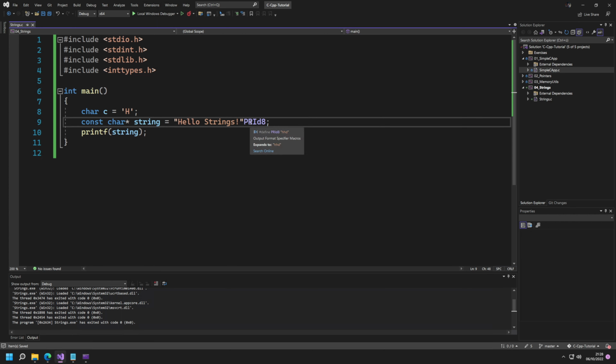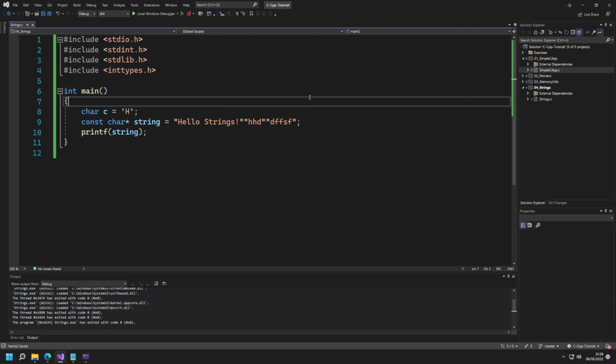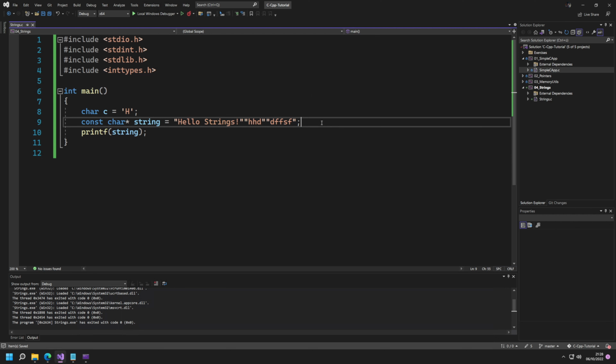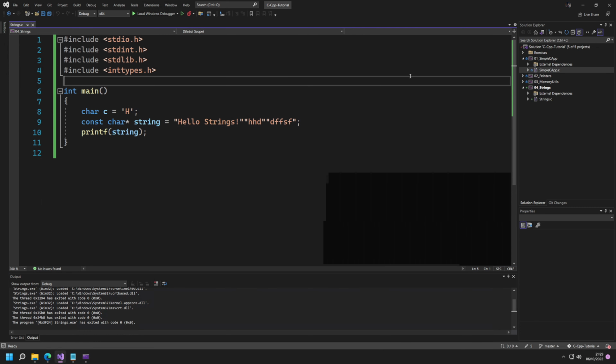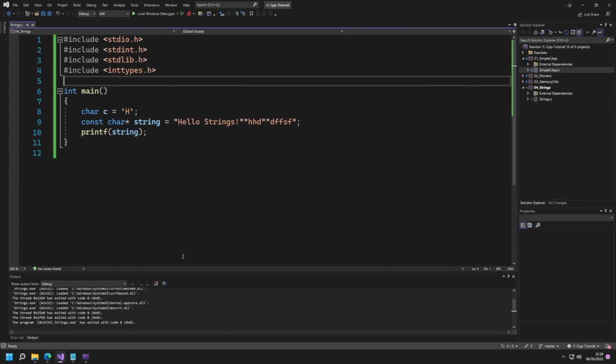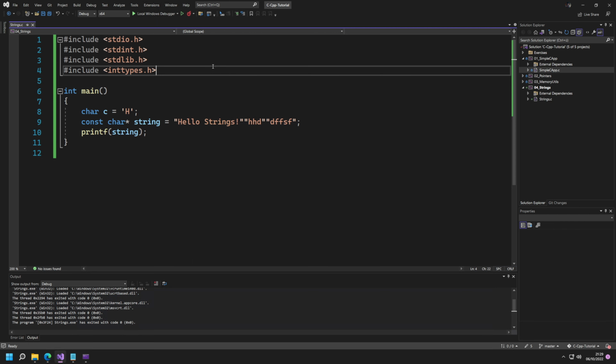So this pre-D8 in this case is an HHD, so pre-8 is basically just HHD. And what you can basically do is you can put these strings together how you like. This is valid. And if I would run this, you can see basically that it's appending them all together. This is very, very useful, especially later on if you are trying to concatenate several strings together in a special way. It doesn't work the runtime way, it just works the compile time way to concatenate strings together,